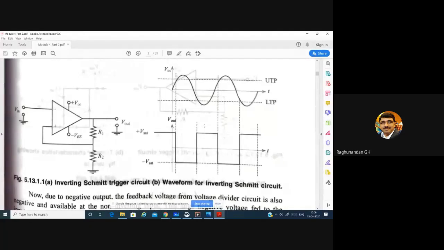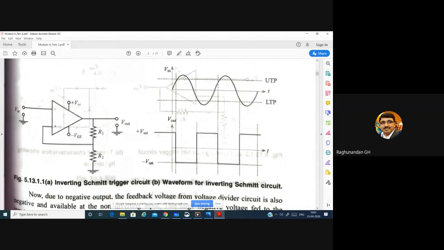Yes, Vishal, tell me. Sir, it's because the input is given to the inverting terminal. So when this is positive, the other thing will be negative, sir, and vice versa. Yes. Since we are giving input to the negative terminal, that is the inverting terminal, it always takes the reverse of it.